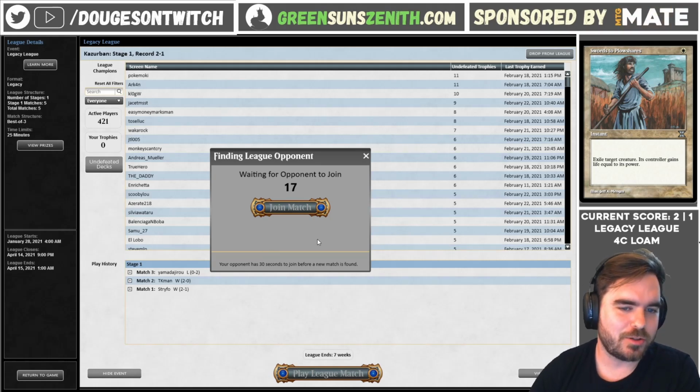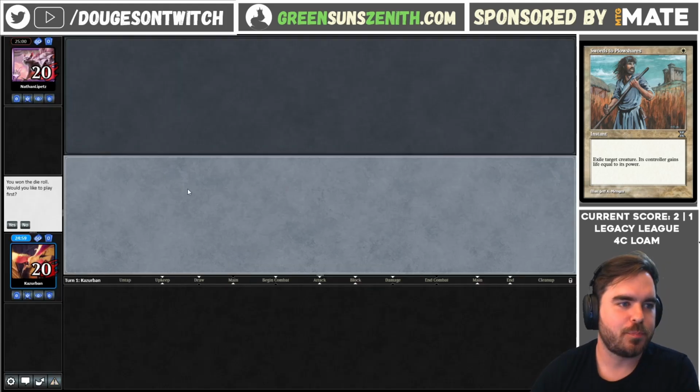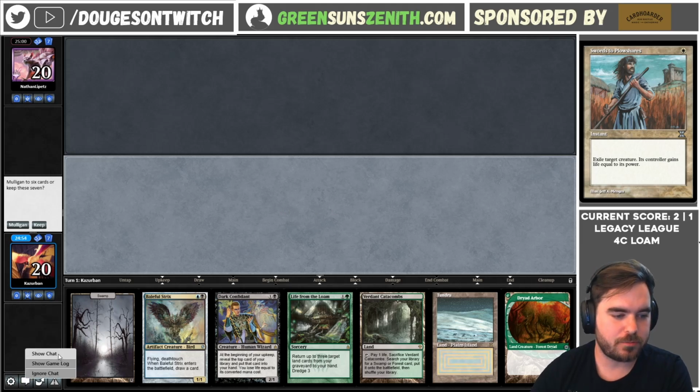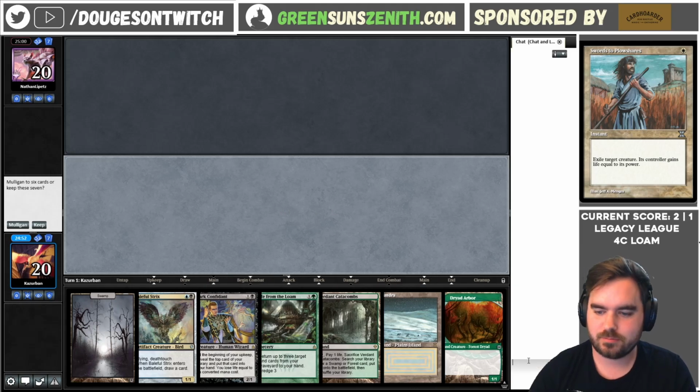Hey, an early click on the record button. Hopefully my opponent comes in. There we go, cool. Ah, it's Nathan. This is going to be OmniTell, which is pretty rough. But...